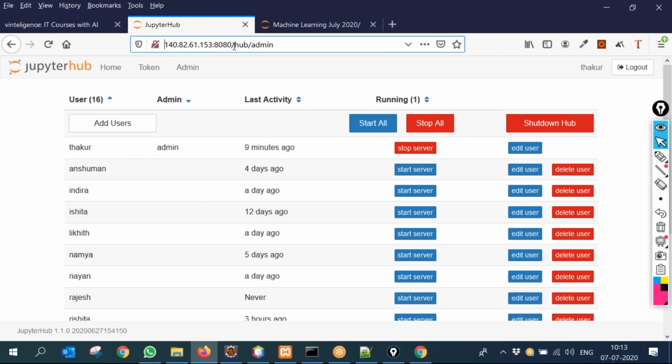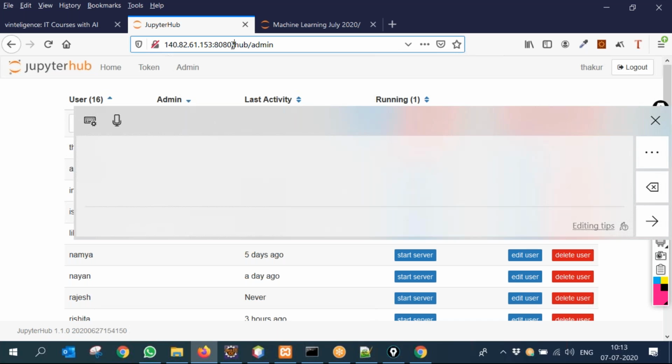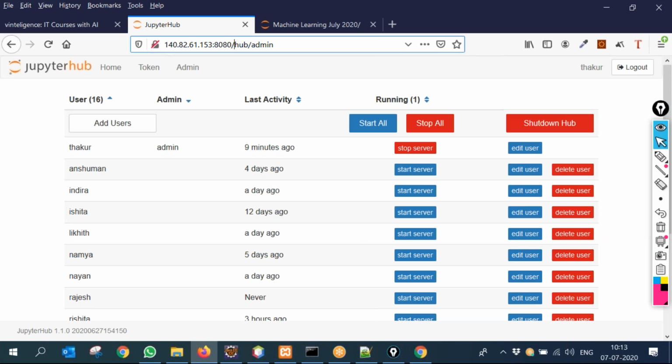It will ask you for user ID and password. I have given you all this, and Gyan, you have already that. Yeah, I already logged in here.